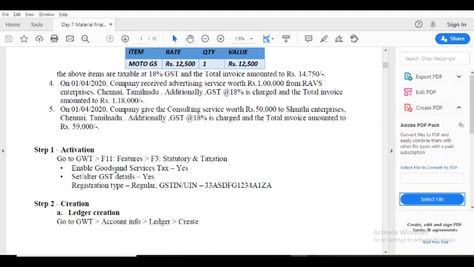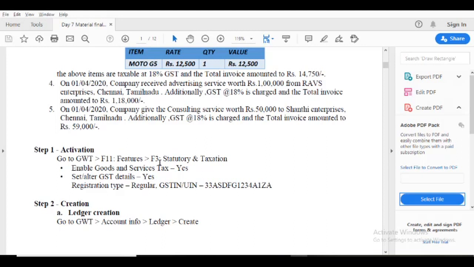So we create activation, F11 features, F3 statutory and taxation features. Now I say to all, please note step by step. In the material I give some short notes, because I give professional type of training. So note from our videos, not most of it is covered in our material, but some small tips I give only in the video.